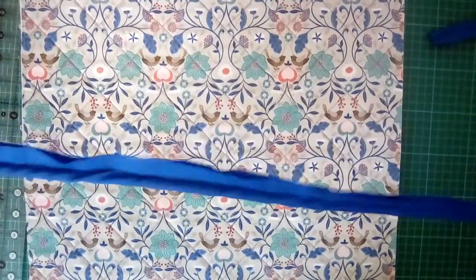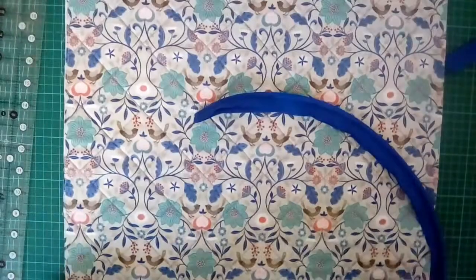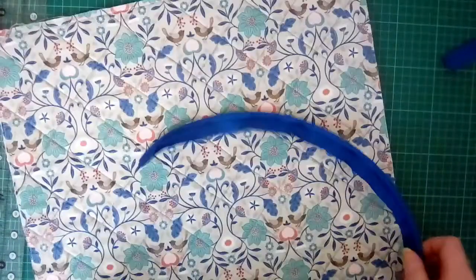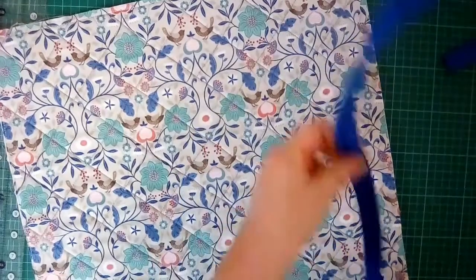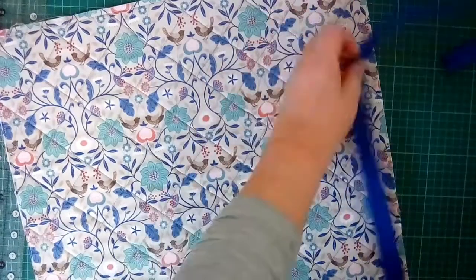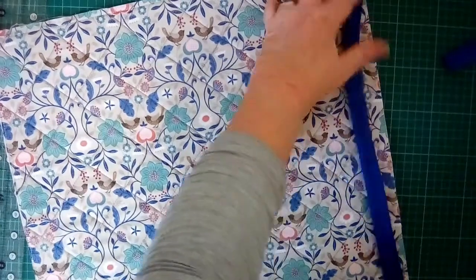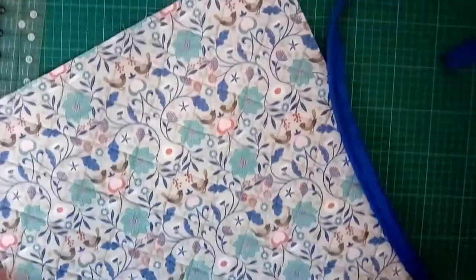Made our blue piping. Making sure you've got your fabric the right way up. And the next thing we need to do is to attach the piping. See, I made it far too long, but attach the piping